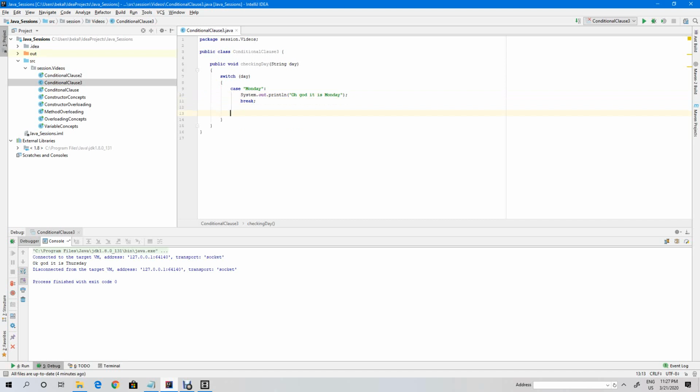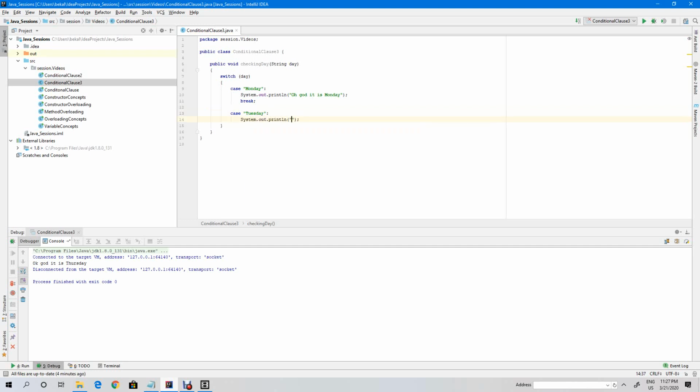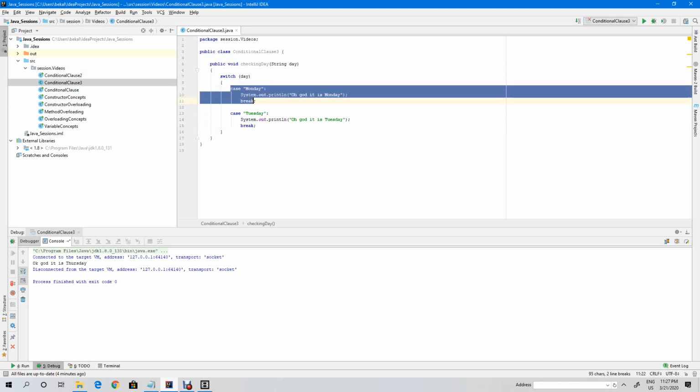Then I have to say case Tuesday, and I'm printing, oh God, it is Tuesday. I'm breaking out, and I'm copying this.